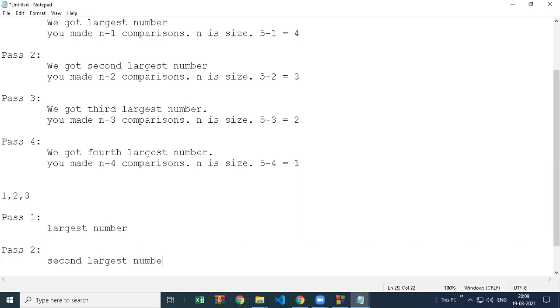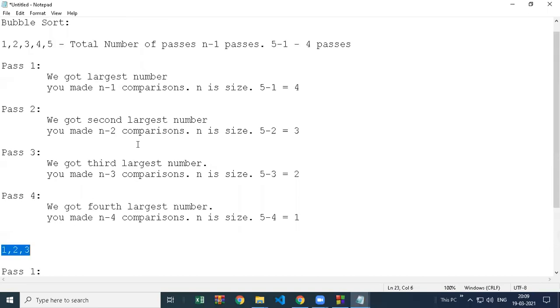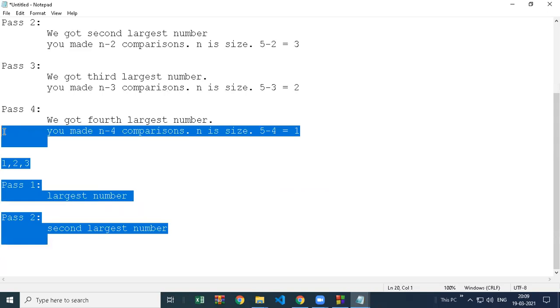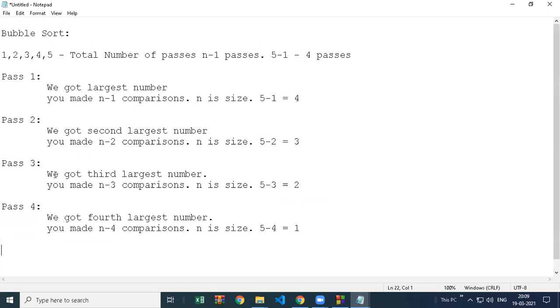So the problem with the bubble sort, if your data is fully sorted or partially sorted, then also it will make the same number of comparisons which it makes for the unsorted or scattered data. So this is one problem with the bubble sort. It cannot understand because it doesn't have that logic to understand whether the data is sorted or not. So it just follows the same procedure every time.